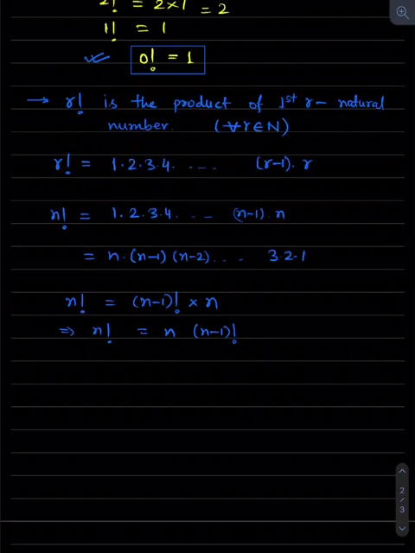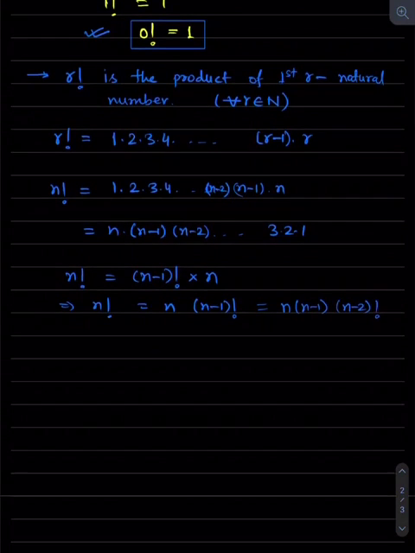Similarly, suppose just before this we have n minus 2 also. If you take n minus 2 here, I am considering only 1 into 2 into 3 into up to n minus 2. So this is again n minus 2 factorial, this part. So n factorial is equal to n minus 2 factorial into n minus 1 and n. So we can write it similarly as n into n minus 1 into n minus 2 factorial. This also you can write.